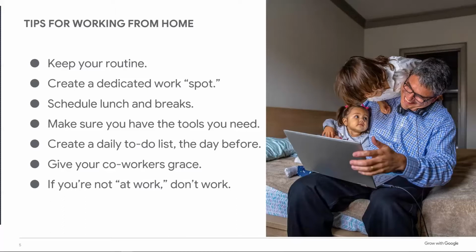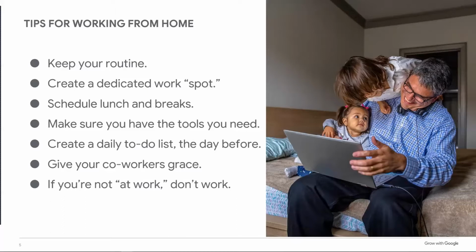Okay, schedule those lunch and breaks. If you're like me at all, again, I use myself as an example because I've made all of these mistakes. When Google sent these slides to me to teach, I kind of laughed because I felt like they were pointing at me. We tend to, especially when we're at home, work and eat lunch while we work and do different things like that.